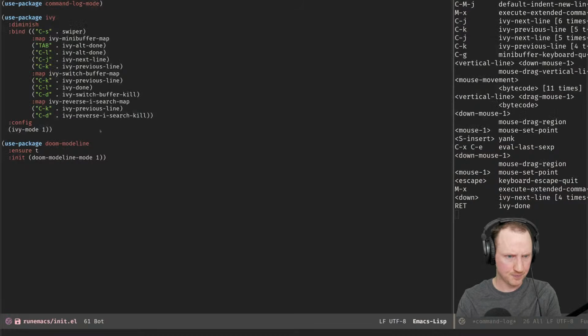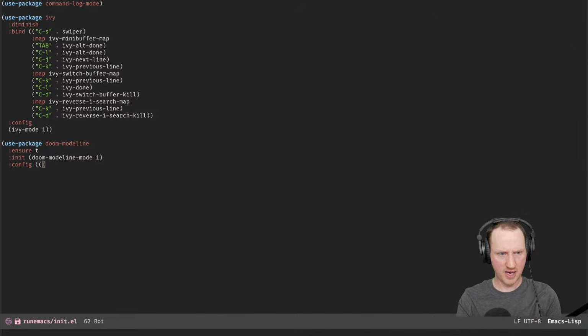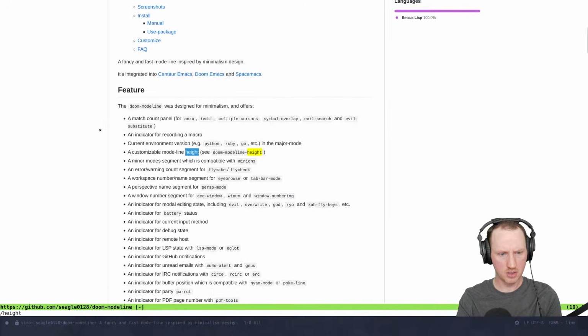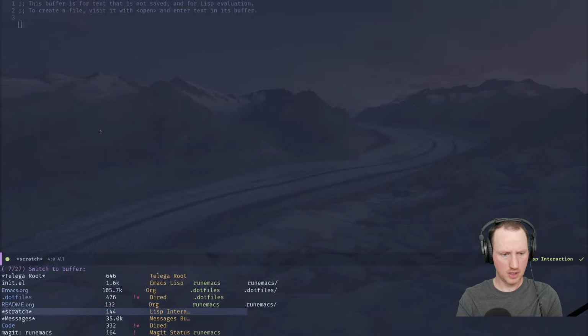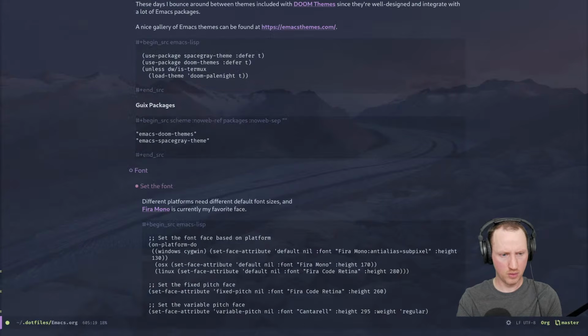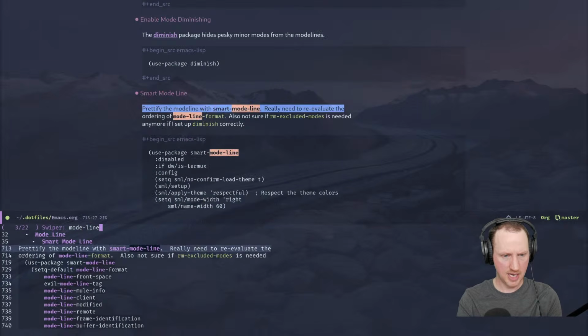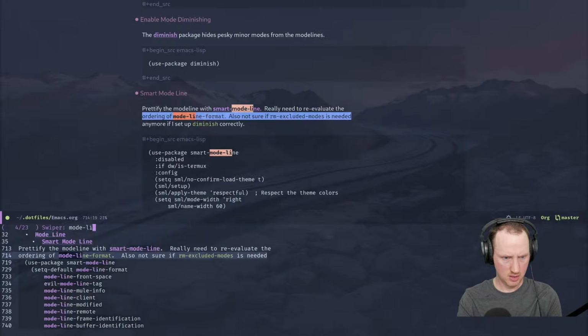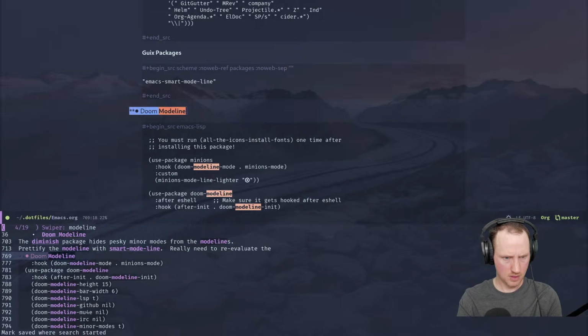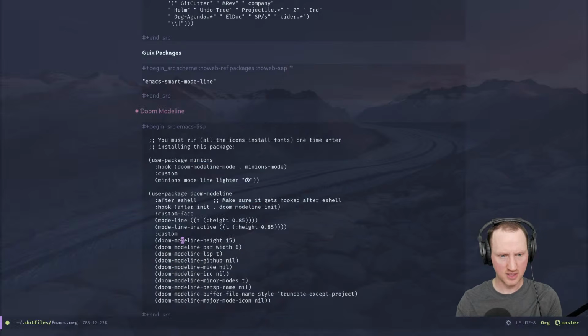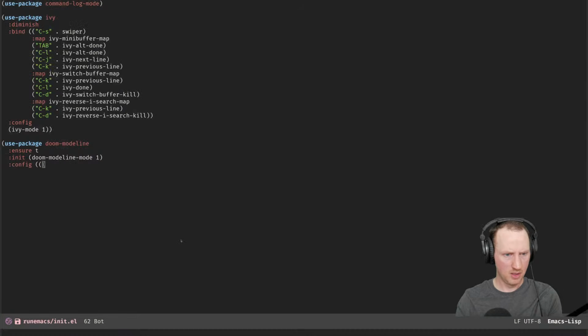So if we were to set, I think that it's configure. So config, this is another thing in, okay, there are two things for use-package I'll describe right quick whenever we do this, but let me just get this added really quickly. And in fact, let me look at my own configuration, emacs.org. So mode line height. Okay, 15, I have mine set to it, and it's in custom. All right, cool, it's like this. All right, so I'm gonna paste that in,